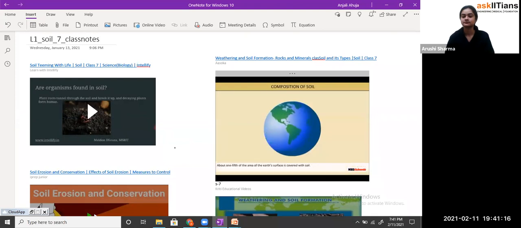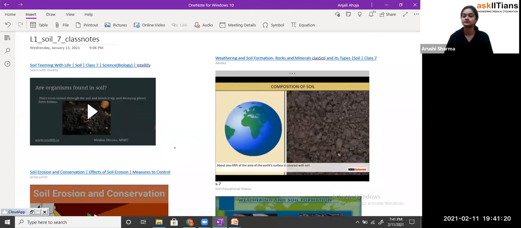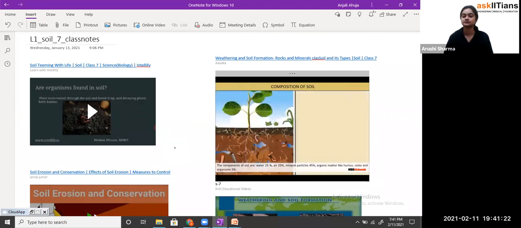Composition of soil. About 1/5 of the area of the Earth's surface is covered with soil. The components of soil are water 25%, air 25%, mineral particles 45%, and organic matter like humus, roots, and organisms